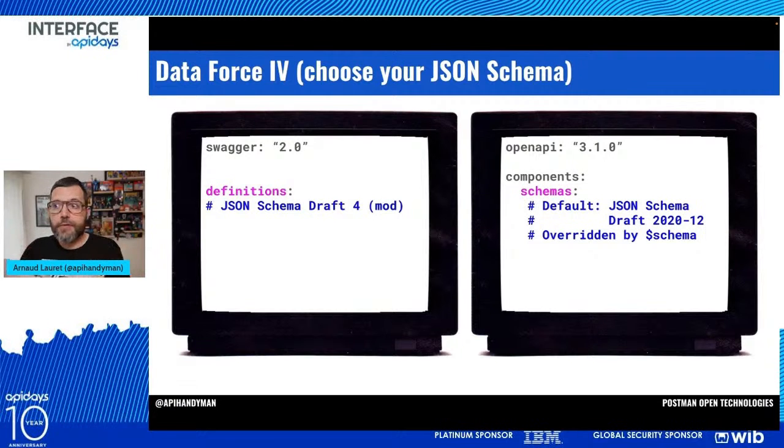But if a new version of JSON schema is released, you will be able to use it in your document by indicating in $schema the version you are actually using. Obviously, that means the parser you use needs to manage that version. But that makes the specification future-proof. So you can be sure that if you design your schema with a specific version of JSON schema, you put it in your spec and it will always work. And if newer versions arrive, you will be able to use them seamlessly.